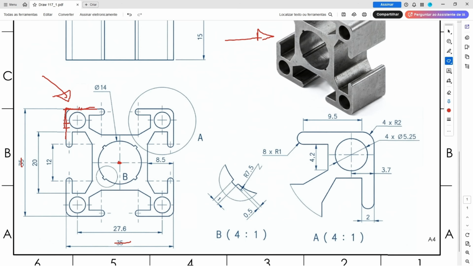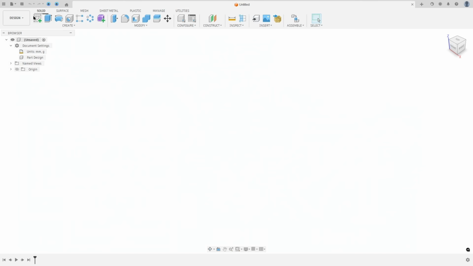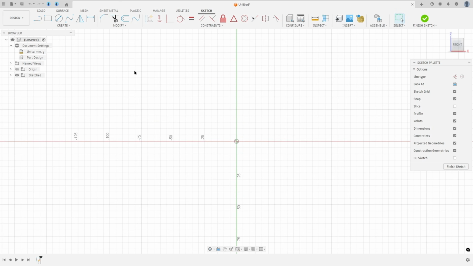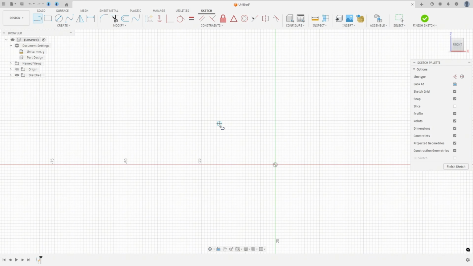Okay, so open the Fusion, go to create a sketch, select the front plane, select line, make a line here and another line here, go to sketch dimension. The distance here is 35/2 and the distance here 35/2. Okay,